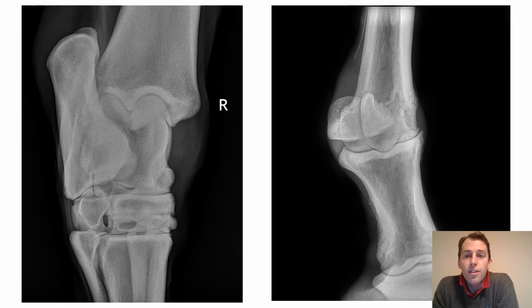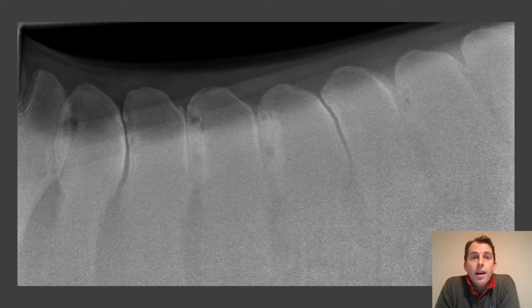We wouldn't often necessarily see joints in such an advanced state of degeneration, but it's an example of where joints can end up if not identified sooner, and if we don't take the steps required to try and support the horse and modify the disease process. So here we see a case of kissing spines or impingement of the dorsal spinous processes, quite a